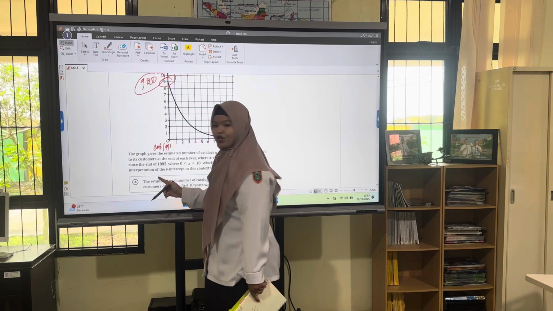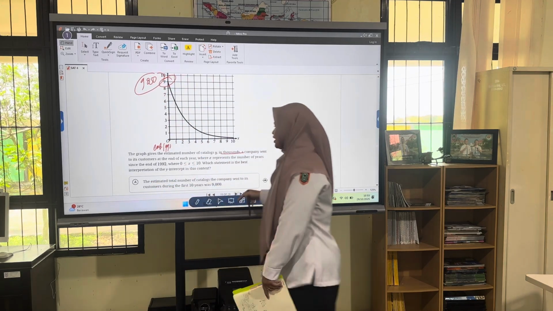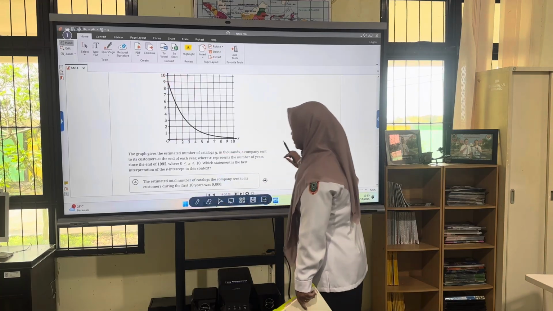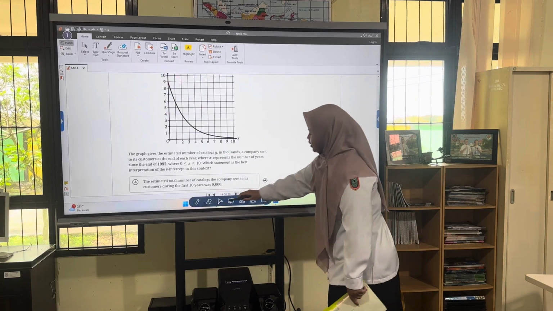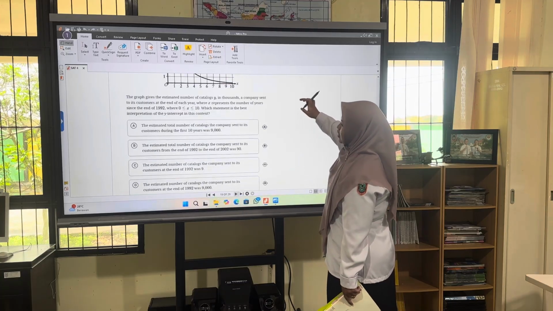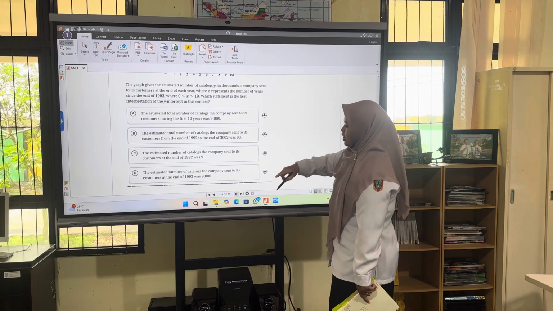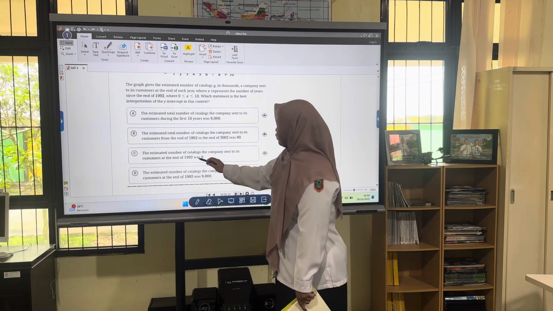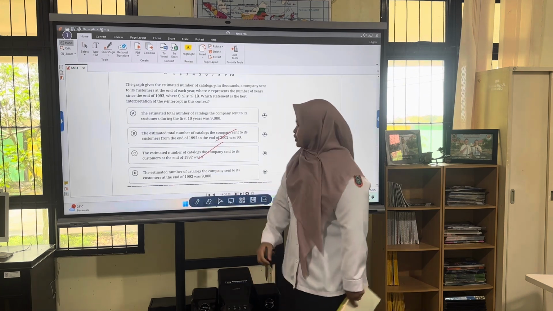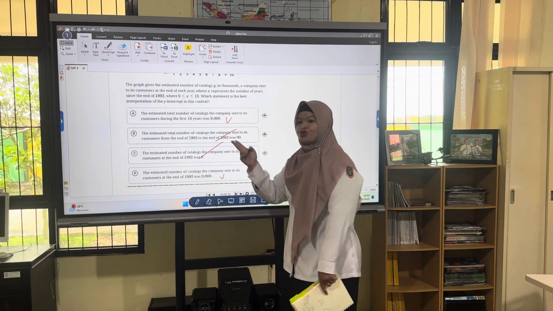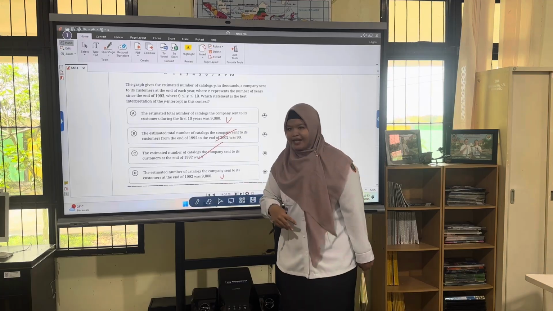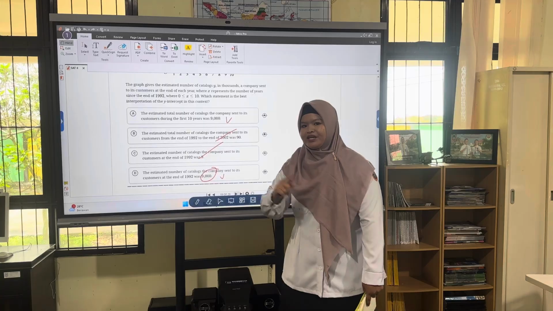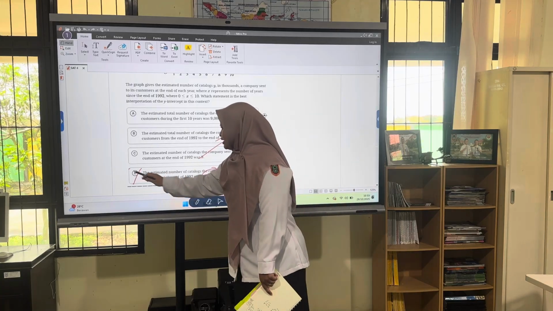So from the information, you just see which statement is the best. The statement is the 90s. So you can note this one as wrong, this one as wrong. You can see there is 1990, a possible answer. But remember, the 90 is the start of the end of 1992. So the answer will be D.